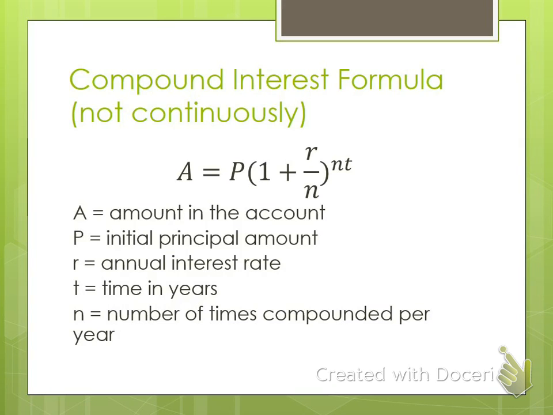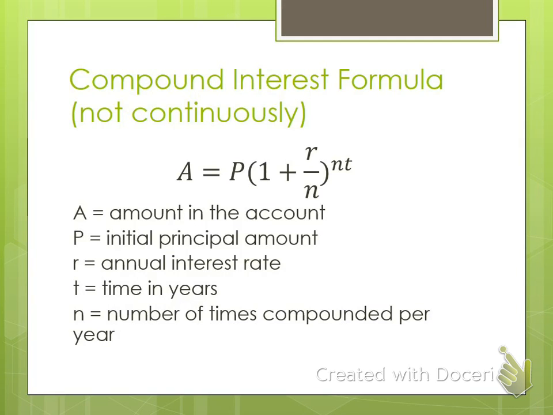All right. Last formula for the day, compounded interest when it is not continuous. So this one looks a little more complex. It is. It does not involve that natural number e. So we again have the amount in the account is equal to P, the starting amount still. And then in parentheses, we have 1, just the number 1, plus